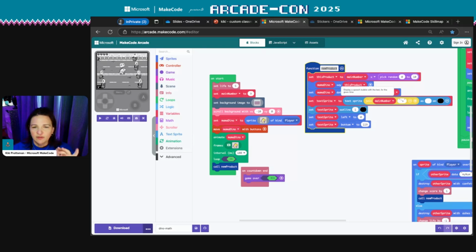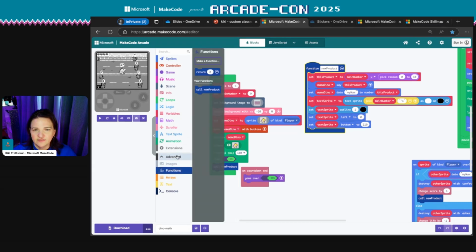That way, when I'm looking through my list of functions, functions live down here under this advanced tab. So okay, as it turns out, I only had one function in this game. Bad example, but you could have 20. And when you're looking through your functions, you know that new product makes a new product.